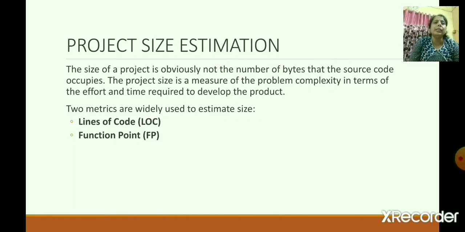It means size is not kilobytes, megabytes, or gigabytes. Size here means the complexity of the problem or program, and the effort and time required to develop that program. That size can be estimated using two metrics, line of code (LOC) and function point (FP).